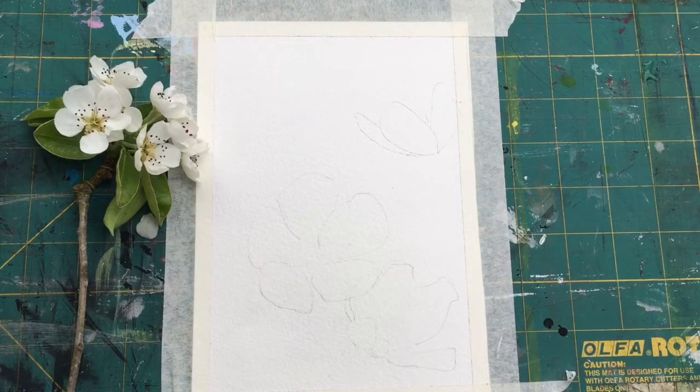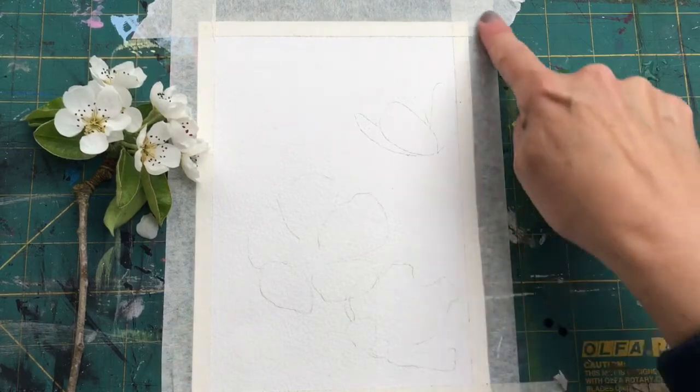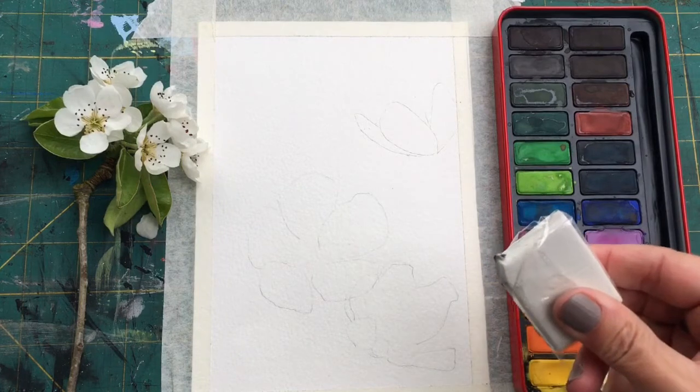Welcome to this tutorial on how to paint cherry blossom in watercolour. For this you'll need a piece of watercolour paper, a pencil, masking tape to go around the edges if you want a border, and some watercolours and some watercolour brushes and water, and if you have a putty rubber,